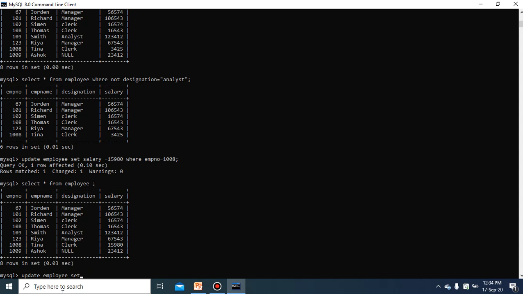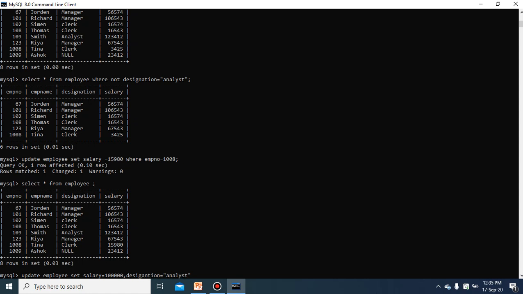Update employee set salary equal to 1 lakh, comma, designation equal to analyst.